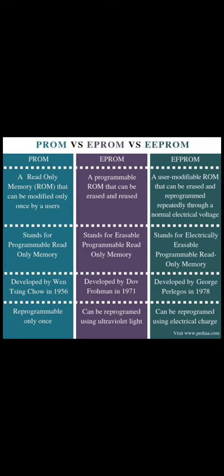So guys, move to the next topic, that is actually the next part of ROM, that is double EPROM. Double EPROM stands for electrically erasable programmable read-only memory. So guys, the data can be erased by applying an electric field, no need of ultraviolet light. In double EPROM, there is no need of UV light. We can erase only portions of the chip. Double EPROM retains its content even when the power is turned off.